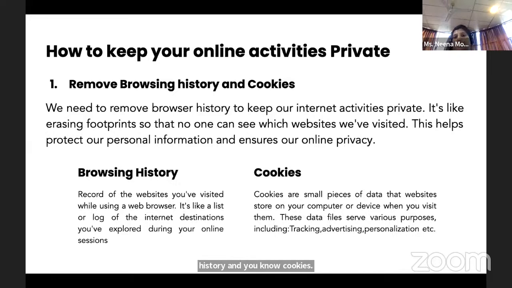So what is browsing history? Just think about your browsing history like a list of visited places in a magical adventure book. Each time you visit a new website, it's like discovering a new chapter in the book. Wherever you go, it will automatically be recorded in that book. So just imagine,